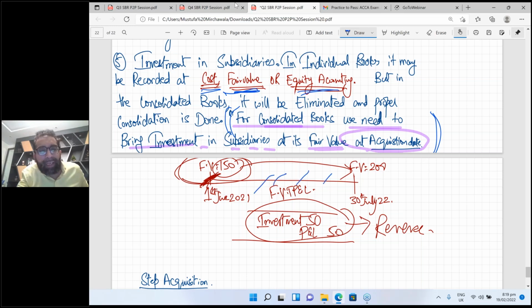After takeover, in 1 year the fair value increased from 150 to 200. So definitely in the individual books of P company, the accountant made this entry: investment debit, P&L credit. But now when you start consolidation accounting,